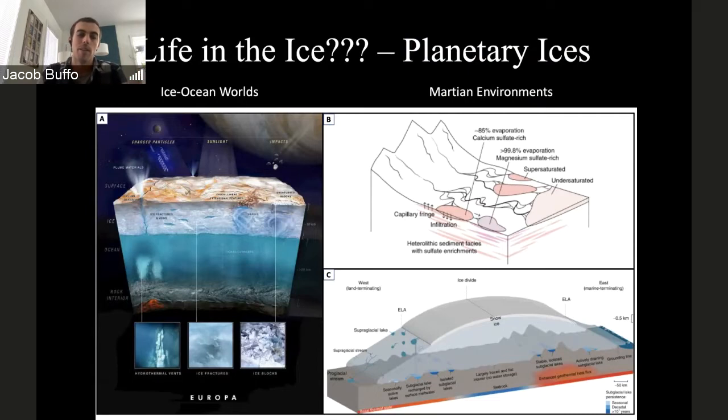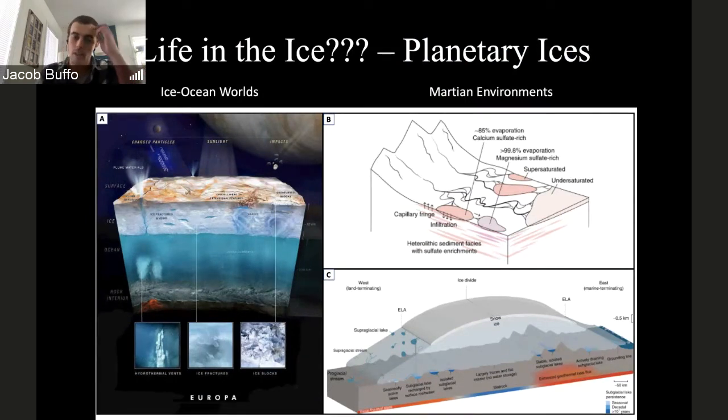The nice thing about having them in the ice shell is they could potentially be more accessible, but there's also a lot of processes in there that could generate chemistry in environments that might be better than even just the open ocean, which is akin to what we see in sea ice on Earth, because that layer at the bottom of the ice actually has a lot more biomass than anywhere else in the water column